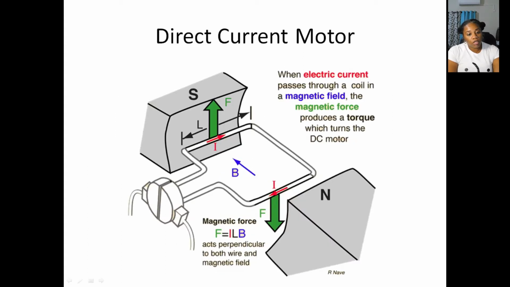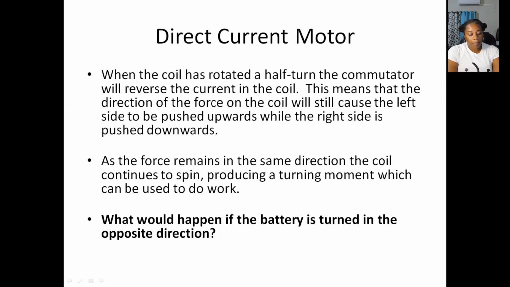When electric current passes through a coil in a magnetic field, the magnetic force produces a torque which turns the DC motor. When the coil is rotated a half turn, the commutator will reverse the current in the coil. This means that the direction of the force on the coil will still cause the left side to be pushed upwards while the right side is pushed downwards. As the force remains in the same direction, the coil continues to spin, producing a turning moment which can be